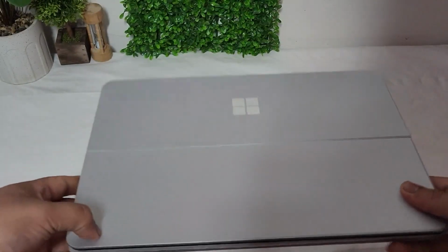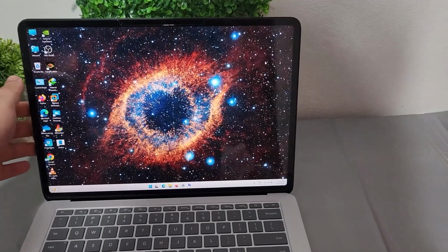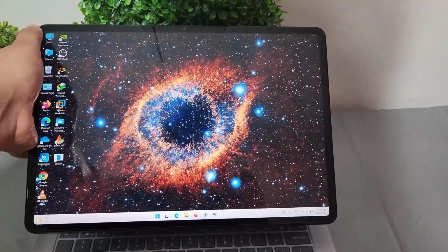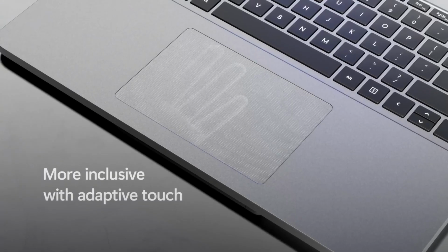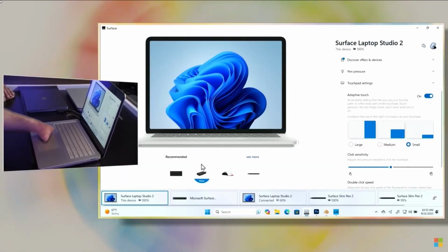The design of the device remains the same as the previous iteration that came out 2 years ago. Bezels are unchanged as well. I was expecting them to trim these down further, but I guess not. The panel has Gorilla Glass 5 protection and HDR 400 VESA certification. Trackpad size is also the same, although it does now come with palm rejection feature, which can be helpful for